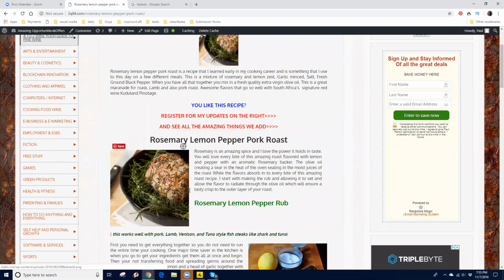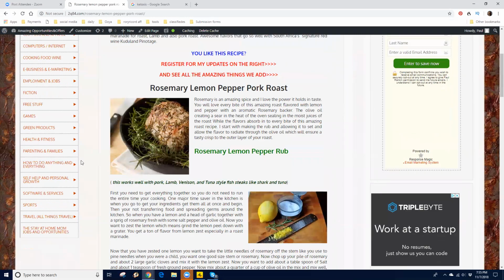As you can see, the world of social media is swarming with different recipes and ways of making things, tips on whatever, right? If they're doing that, there's a reason why they're doing that. It's because it works, right? So throw in some dessert recipes. Sugar moves the world. So if you can get some people generating traffic from social media, and I'll tell you what else works,